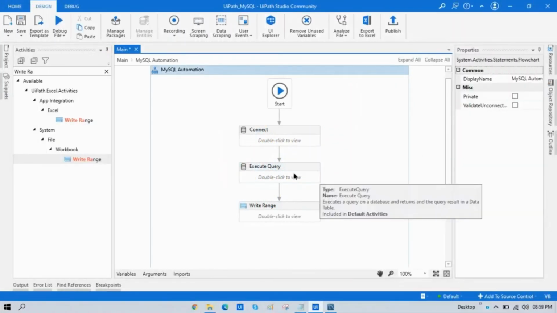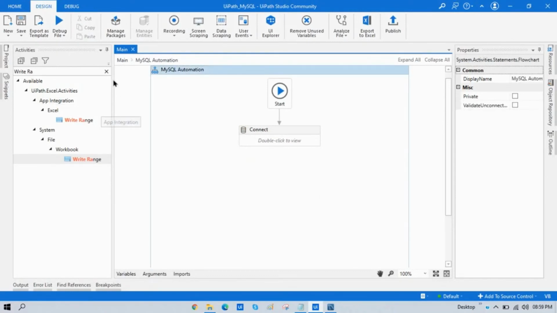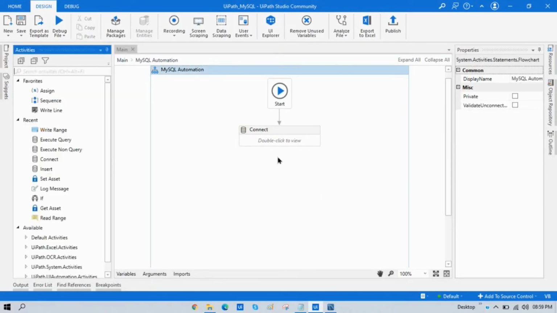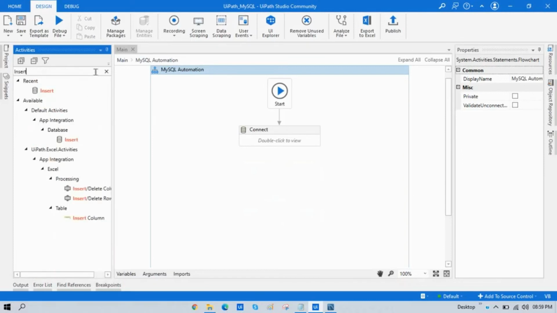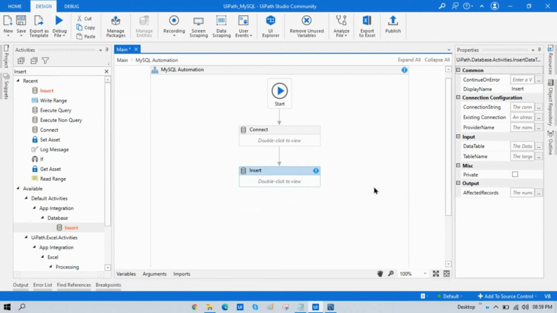So here let me delete this execute query and write range, and then you need to insert data from data table to MySQL table. So we need to use here one insert activity. So insert activity is used to insert data from data table to table.